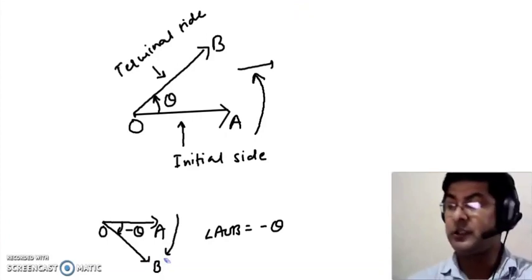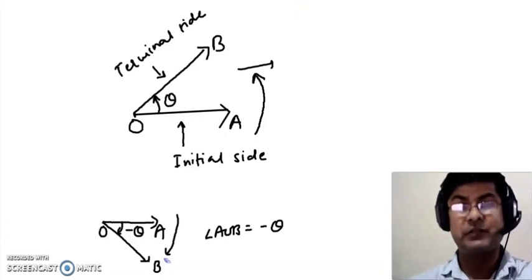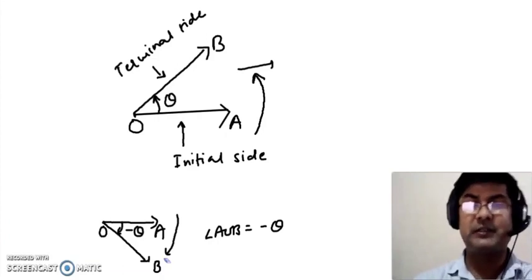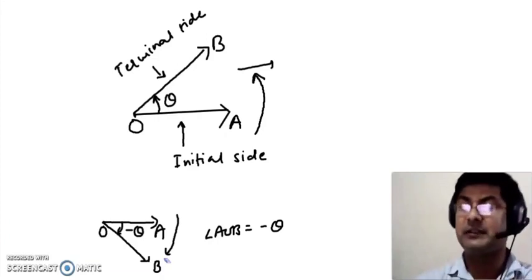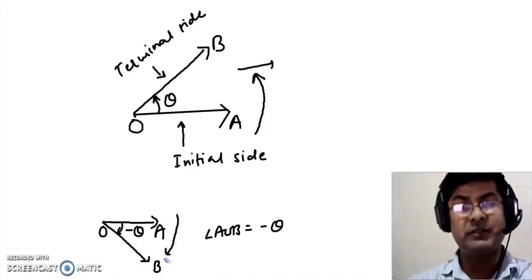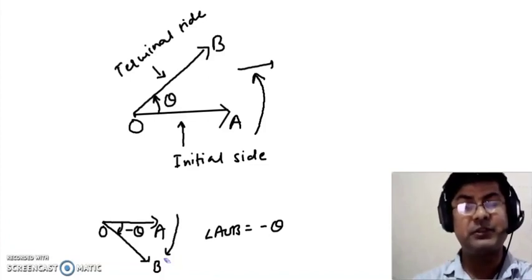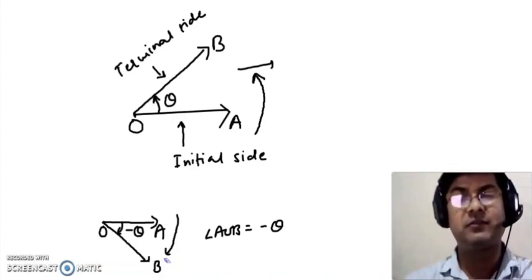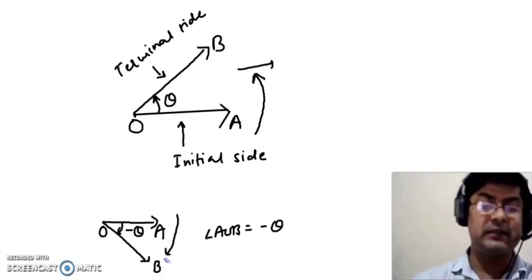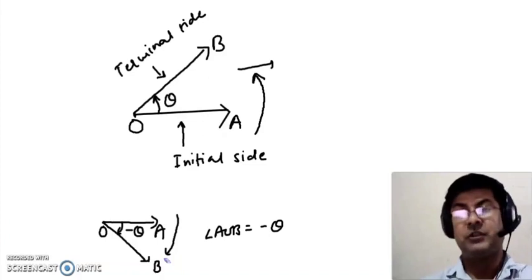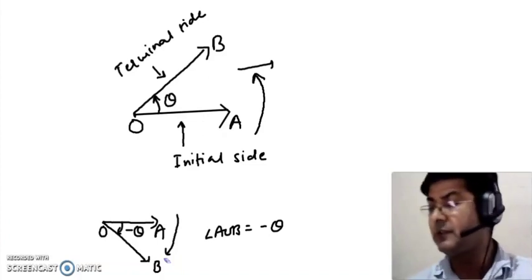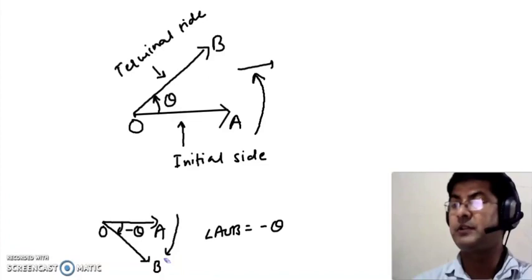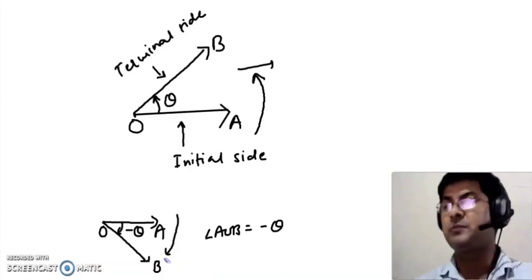Now I'm sure that you have understood what is the positive direction and what is the negative direction. The anti-clockwise direction is referred to as the positive direction and rotation in the clockwise direction is referred to as the negative direction. Clear? Now some useful results, or some useful topics which are known to us, but yet we should revise once.